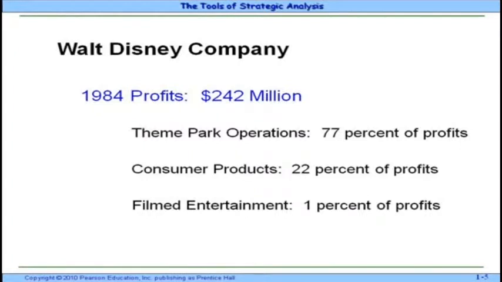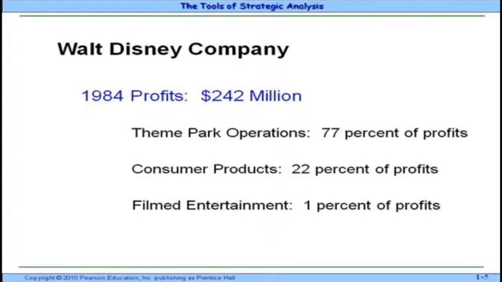Now most of us are familiar with Disney. We would have visited Disney's theme park in Florida, mostly Orlando. We would have taken the children. We would look forward every year to this exciting trip to see Mickey Mouse, etc. So it has been a great company for many, many years and is one of the larger companies in the